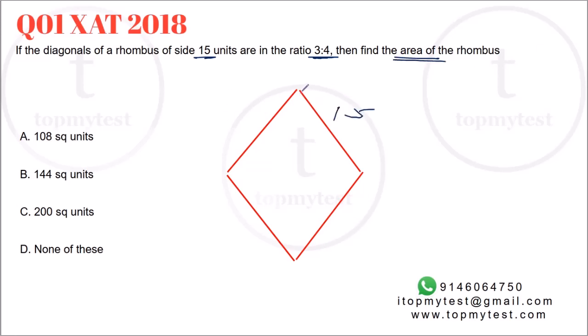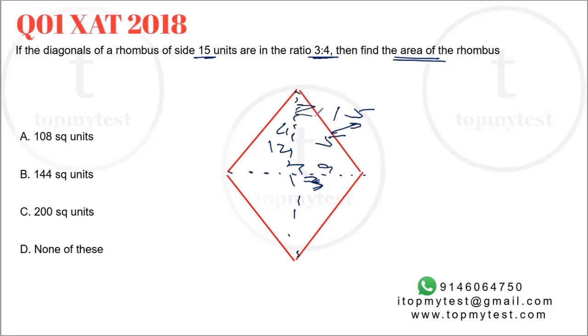Now, if we draw the two diagonals, we know they are perpendicular to each other and the ratio is 3:4. Since they are four congruent triangles, the half-diagonals will also be in the ratio 3:4. 3, 4, 5 is a right angle triangle, right? So 5 projects to 15, so this should be 12, this should be